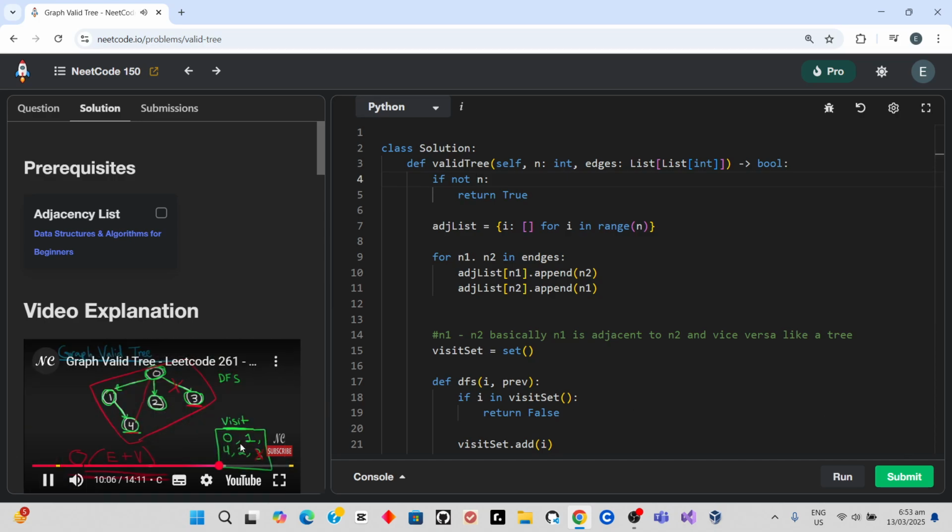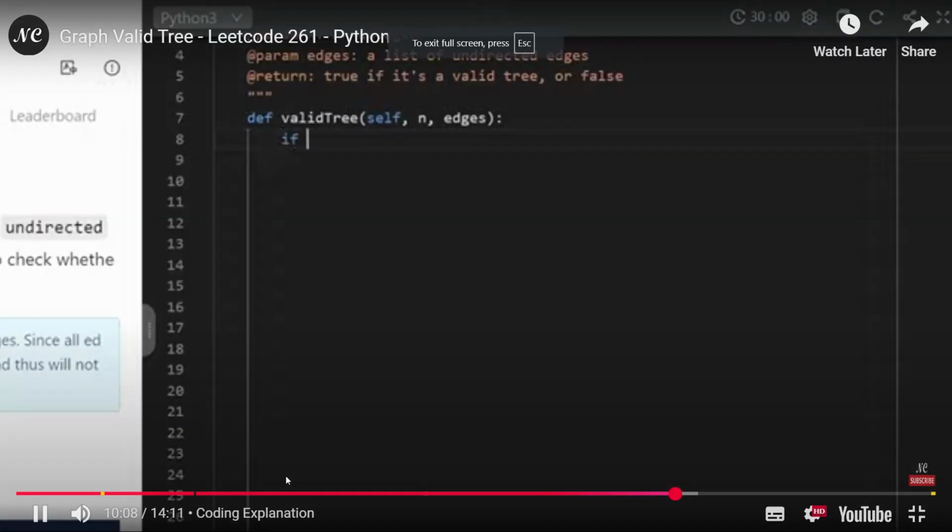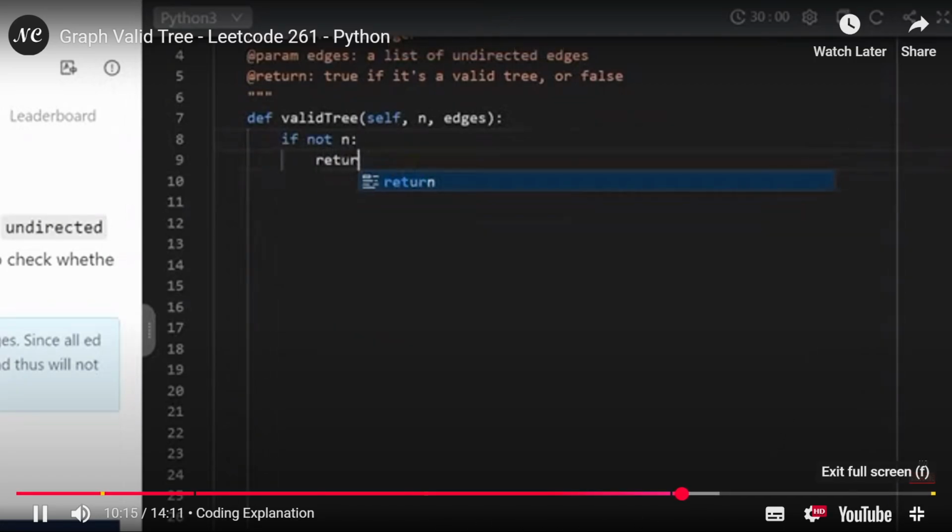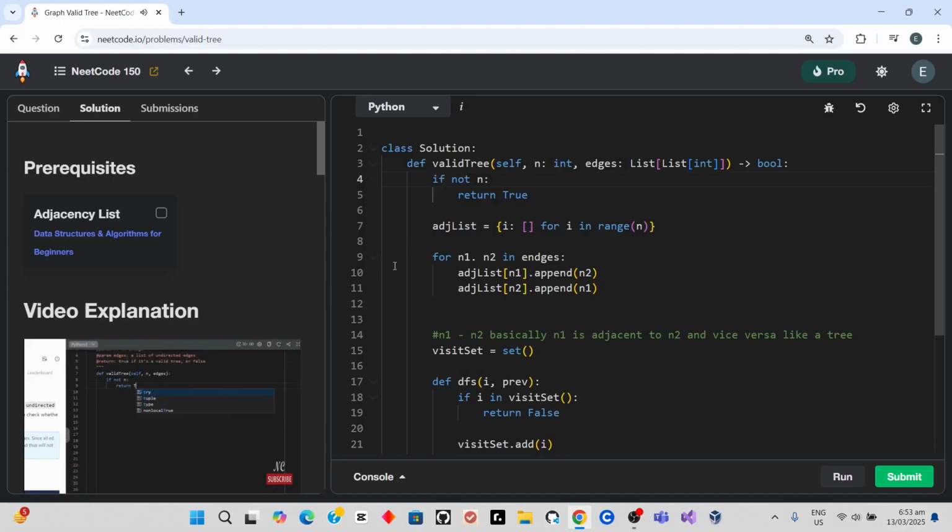Let's get into it. So one base case is if we aren't given any nodes at all. So if n was 0, in that case we would return true. There's no graph to traverse, but an empty graph does technically count as a tree. And if we do have